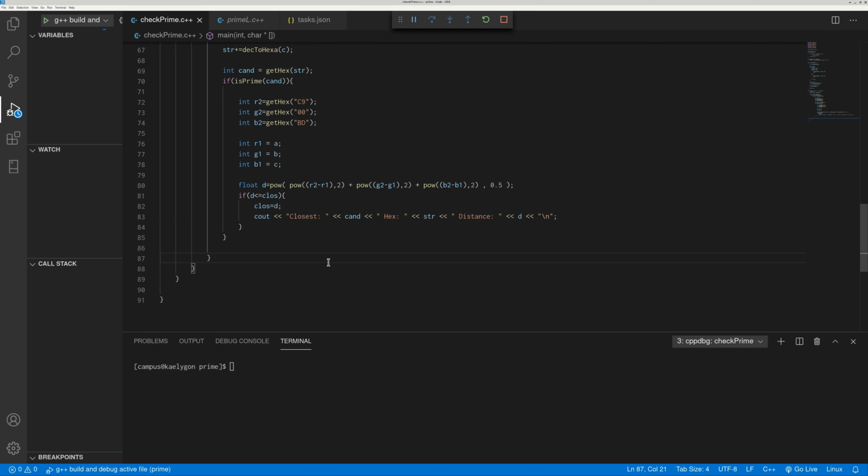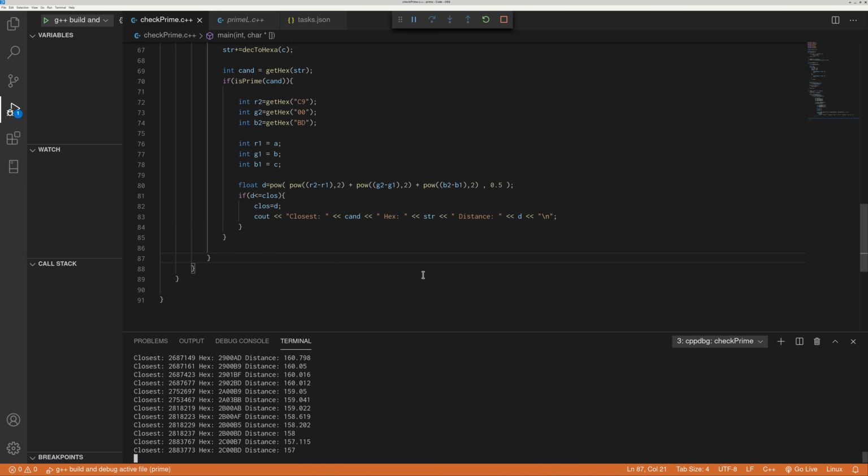And it starts to look up, and it also shows the distance to the color that I'm looking for, and soon it should be able to find the closest one. Yes, and it's still looking at the last colors, but that's the closest one it has found so far. And the number ends up being